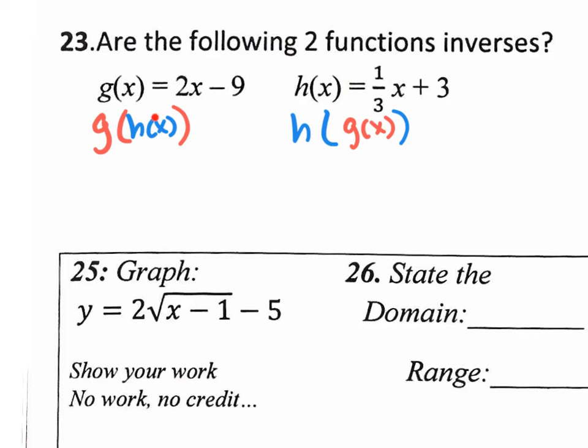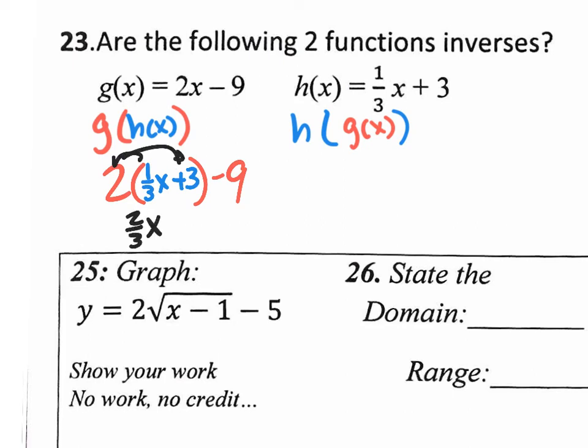So let's do this first one where we plug in the h of x, this whole thing, into that function right there. The g of x is in red, so I'm going to rewrite the g of x function, 2x minus 9. And in that parenthesis, I'm going to put in the blue h of x function, which is 1/3 x plus 3. And when we distribute 2 times 1/3, that's 2/3 with the x, and 2 times 3, that's 6, and then minus 9 at the end, you'll have 2/3 x